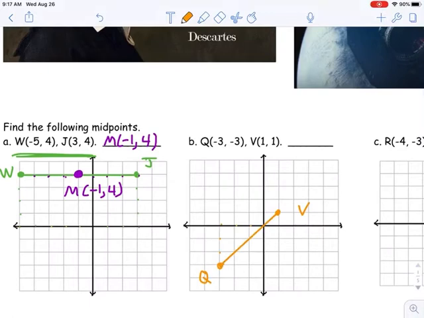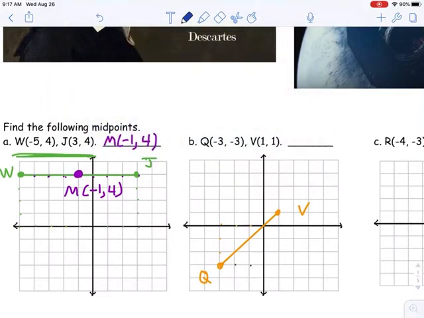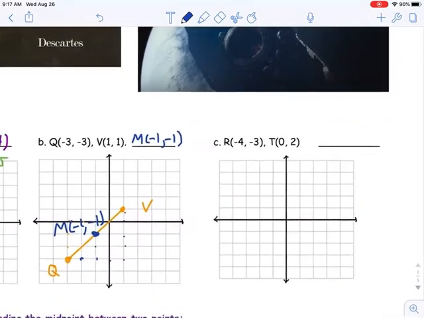All right, this one's a little bit different. Not a nice horizontal line as before. But let's see, well, I go over 4 and up 4. So if I want to go to the middle, I'm just going to go 2, 2. Boom, right there. M is now at -1, -1. And then we got R over here,